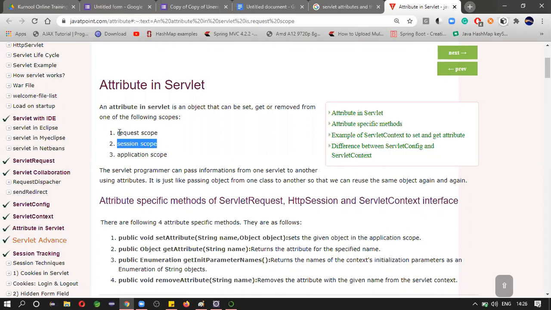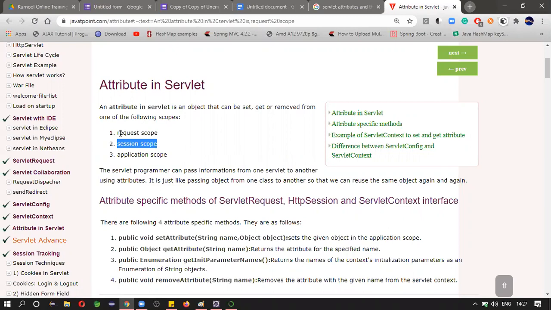So request means from one request to another request. To remember the user in the process of transferring data from one request to another, we pass the data in the form of a request. We add the data to the request. You are using cookies, adding them to the request. You are using hidden form fields, again added to the request, and we get it using request.getParameter.